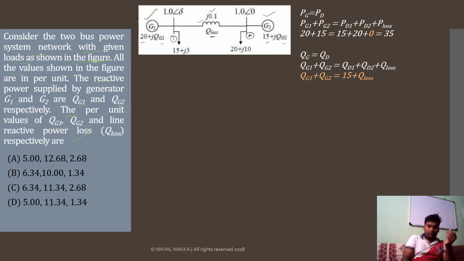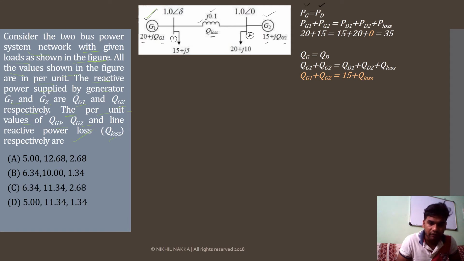Now we will see the power equality relations here. So the basic drama of power systems is to satisfy the load. Why do we place the entire generating stations? To supply the electric load. So at any time the power generation must be met with the power demand. PG must be equal to PD. So what is the generation present in this given system? PG1 and PG2, the active power at generator 1 and the active power at generator 2.